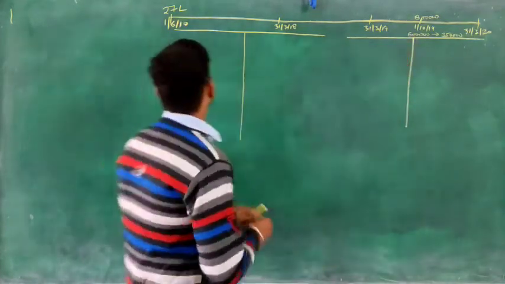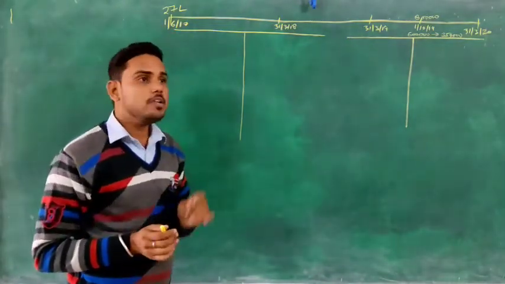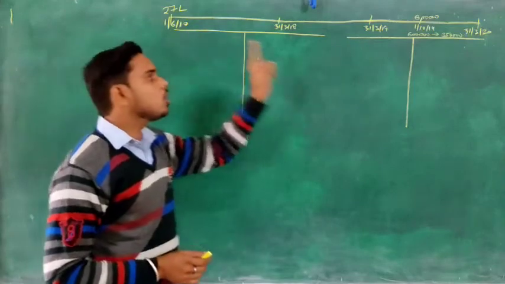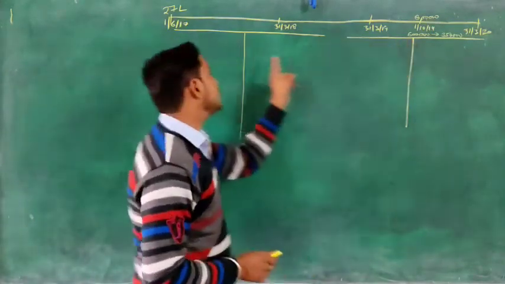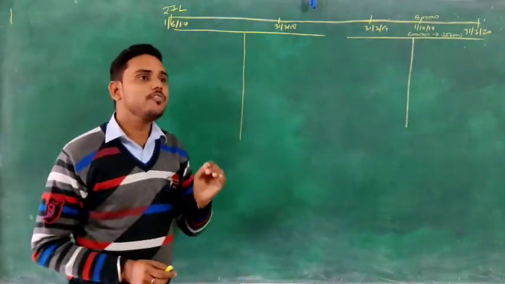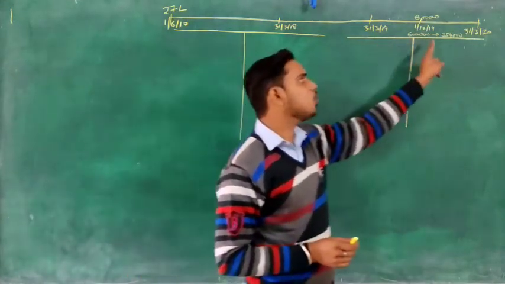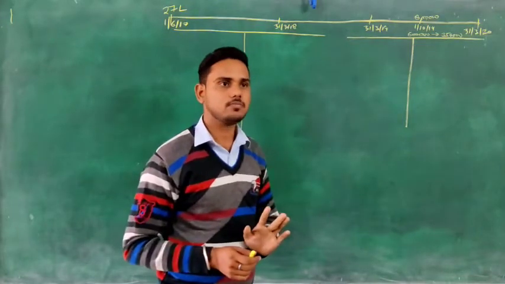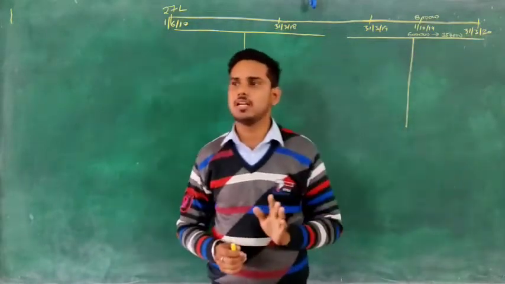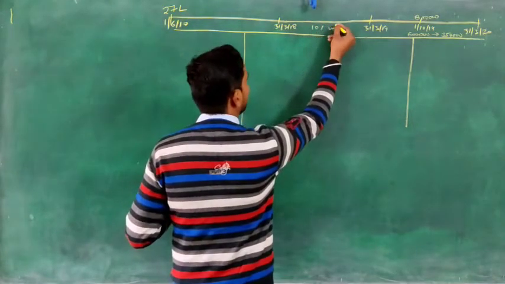It is written that of the machinery we purchased on 1st June, a part of that machinery which had an original cost, original cost meaning at the time of purchase, cost was 6 lakh. But if you see, cost is 27 lakh. Means from that 27 lakh of cost, we are selling a part having a cost of 6 lakh. And that part is sold for a price of 3,50,000 on 1st October 19, and we need to prepare accounting for 31st March 20, right? And the depreciation rate is given in the question as 10% written down value method.